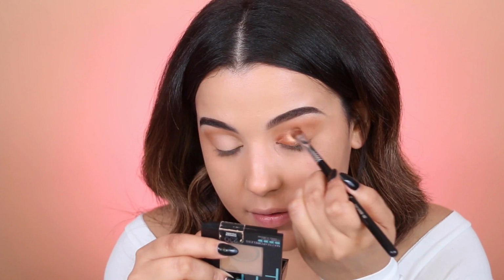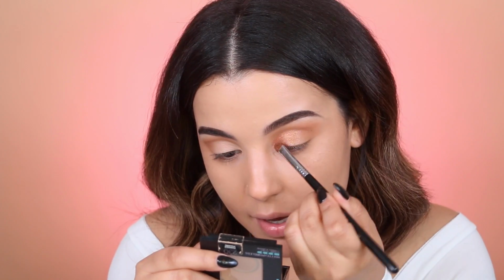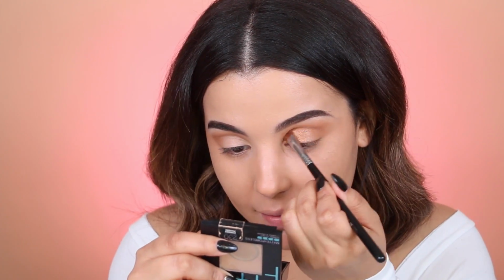And the shimmer shadows in this collection are really, really buttery when you do apply them wet. They just kind of glide on like liquid gold. Do you see how pretty that is? I told myself I wasn't gonna use the gold, but guess what I did? I used the gold. Now that I have that gold all up on my lid space, it's time to really